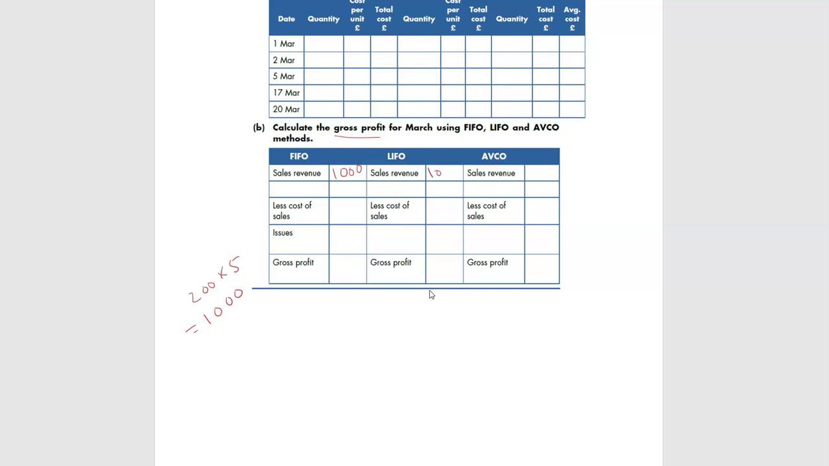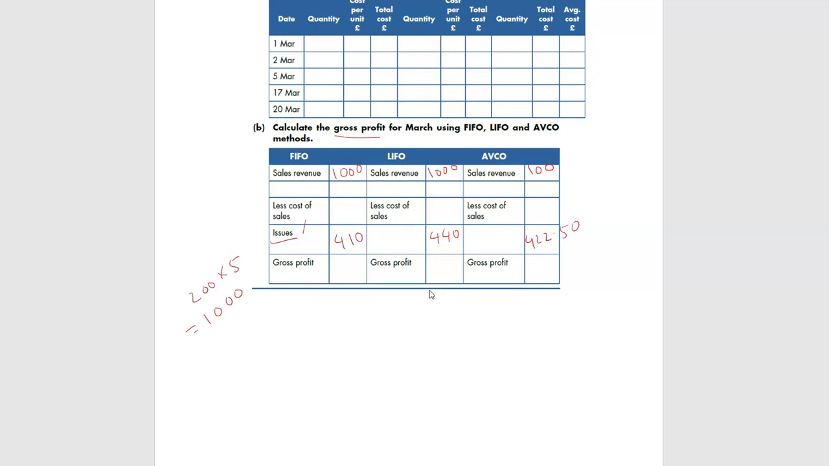Then the cost of issue, the cost of sales. Under that we have a cost of issue. For the FIFO we have a cost of issue 410, that we have just calculated now. Then for the LIFO we have a cost 440, and for the AVCO we have a cost 422.50. Now all you need to do is find the difference: 1000 minus 410, 1000 minus 440,